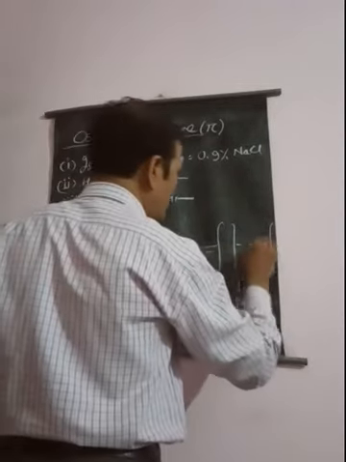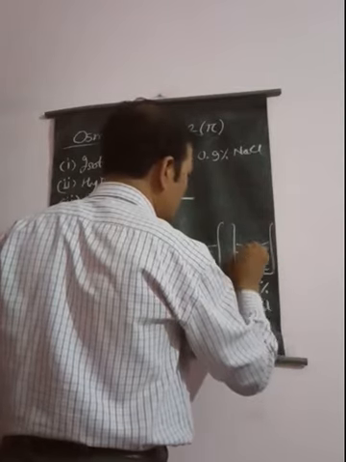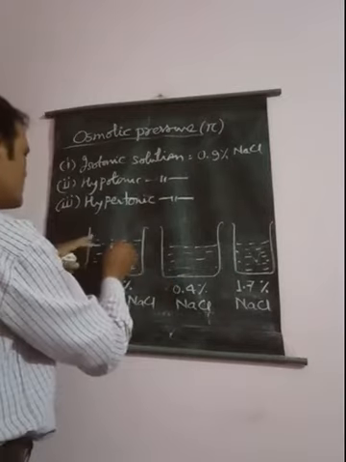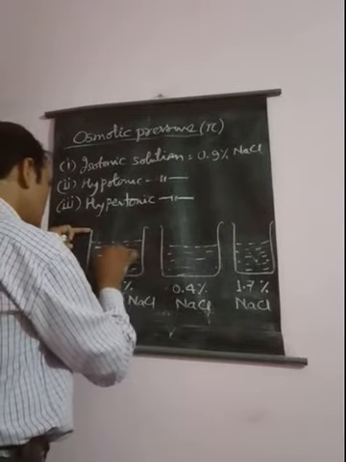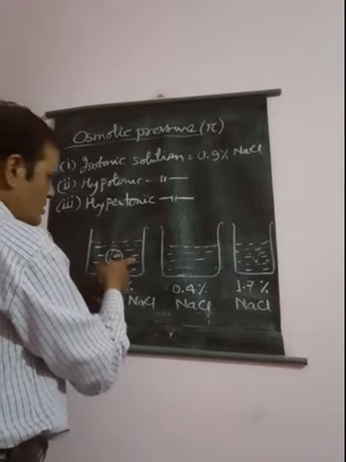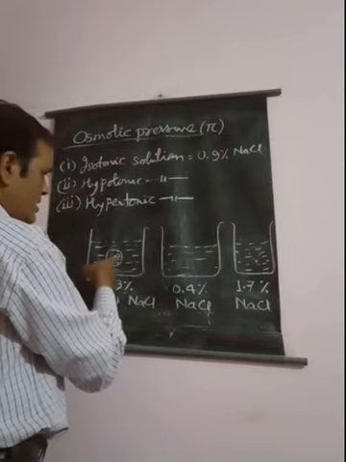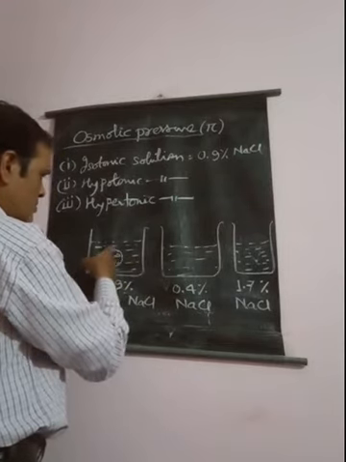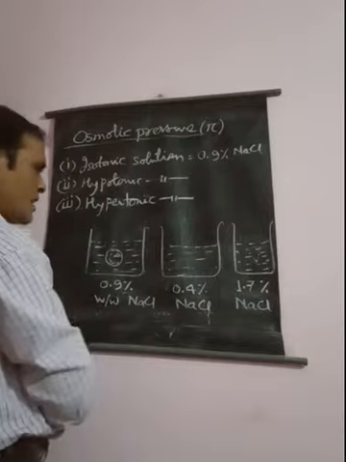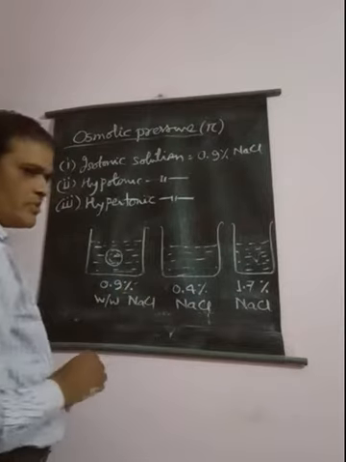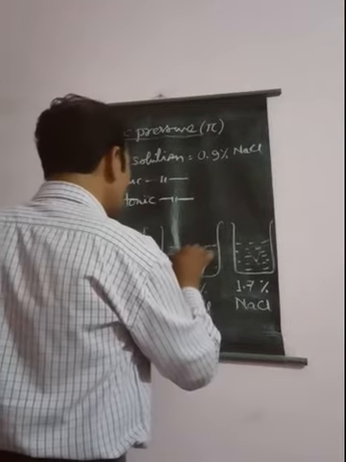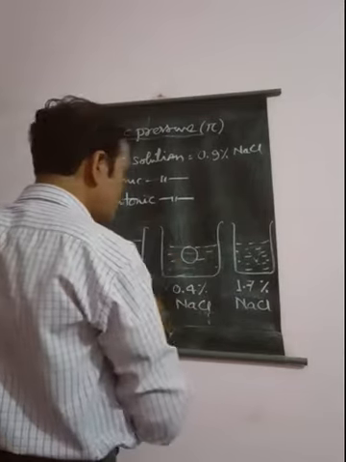In all these cases, if we put the blood cells, RBC, in any of these three solutions, suppose we are taking first of all the RBC in this solution. In this particular case, neither the fluid of the RBC nor the solution will enter inside this blood cell through the semi-permeable membrane of the blood cell. That's why this solution is generally known as isotonic solution, because its concentration is equal to the concentration of the fluid of RBC.